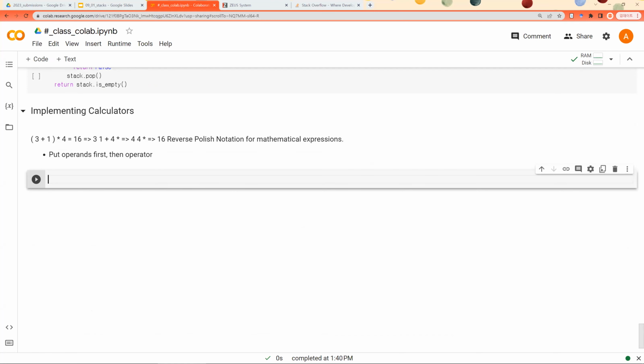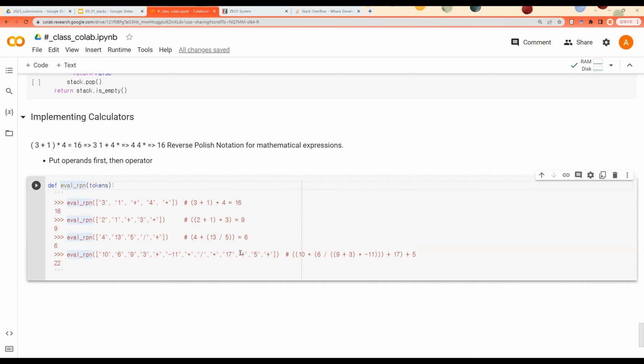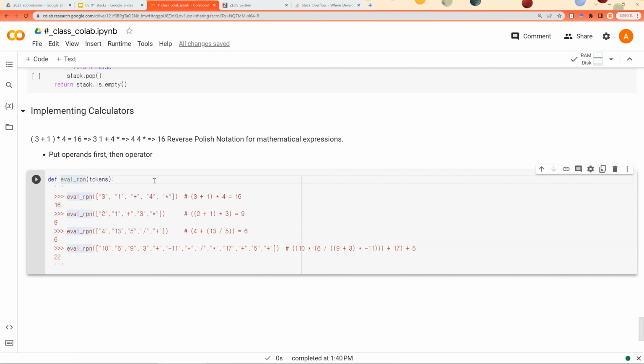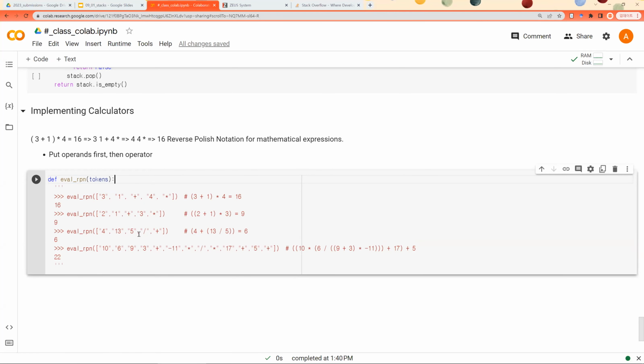So I would like to end this class giving you the last PPP exercise. The last PPP exercise is, given this reverse Polish notation, your job is to evaluate this expression. So this is going to be today's last PPP exercise. By the way, we have only 5 minutes left, and I guess 5 minutes is not enough for you to solve this problem. So let's discuss this problem next class,